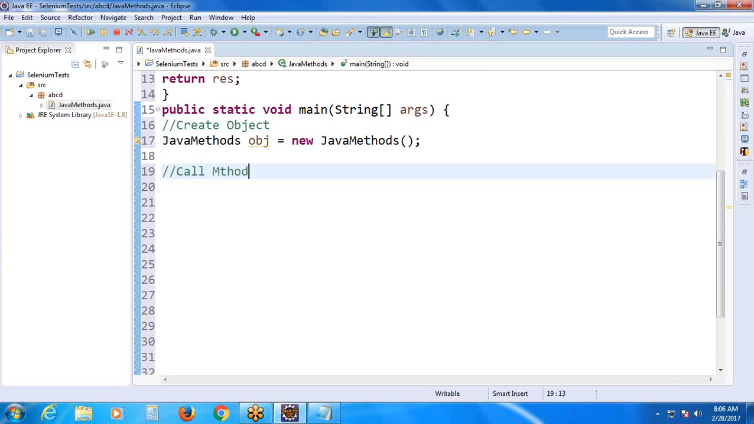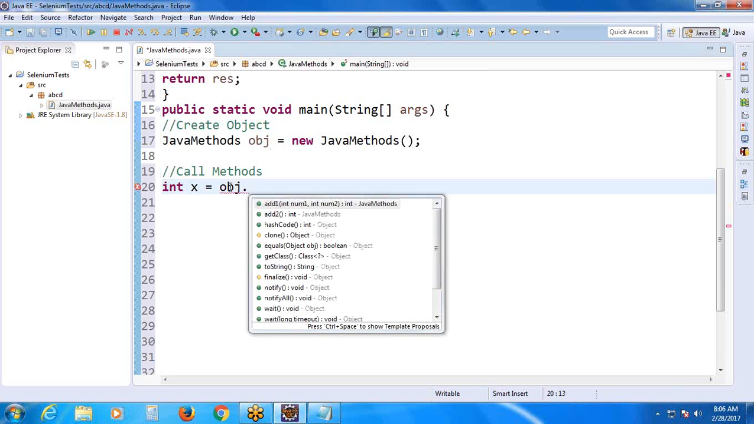Call methods. Come, Sirisha, call methods. Data type. What is the method return type? Int. Suppose x equal to... variable name. Object name, sir. Java method. object obj dot add one